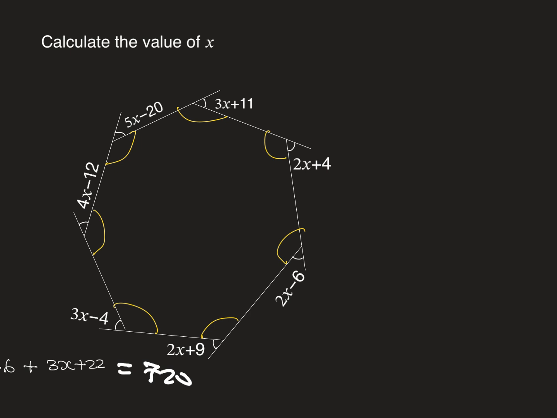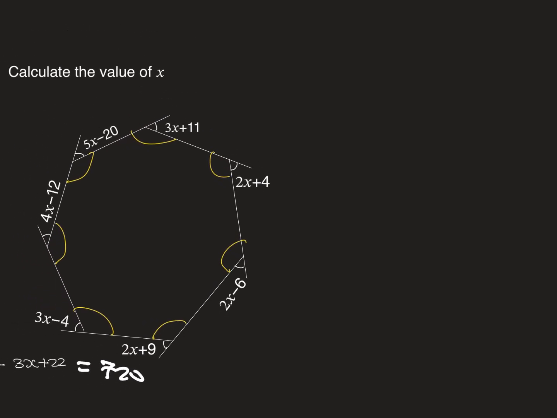Regardless of the number of sides of the polygon, the total sum of the exterior angles must be equal to 360 degrees. Okay? So the polygon that we have here, we are given the exterior angles. And what we should bear in mind is that the total sum of exterior angles must be equal to 360 degrees. So starting from the top,